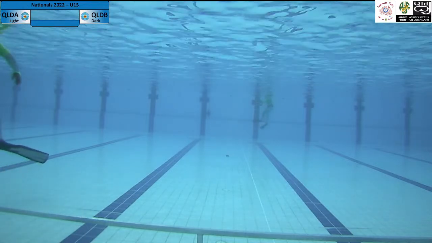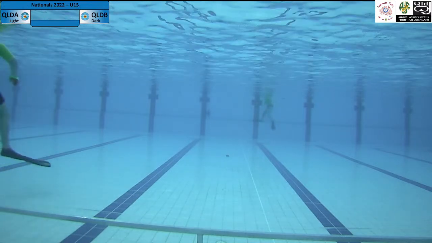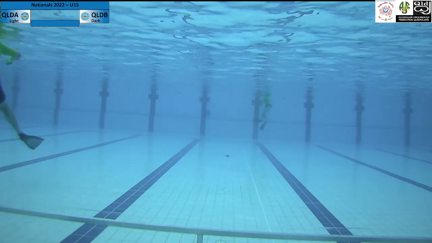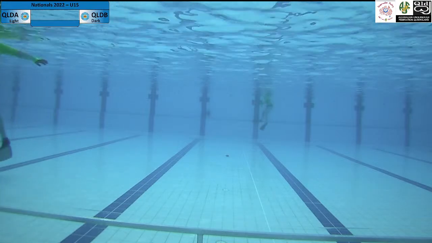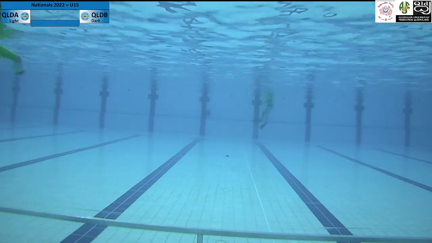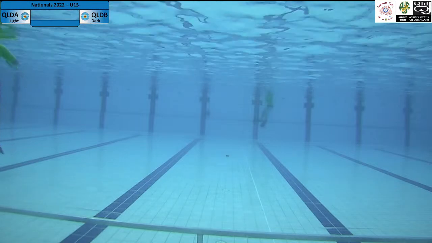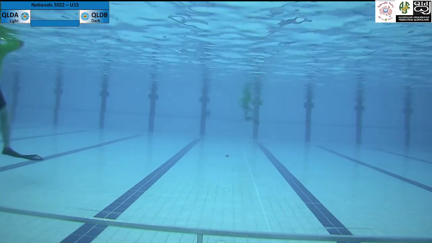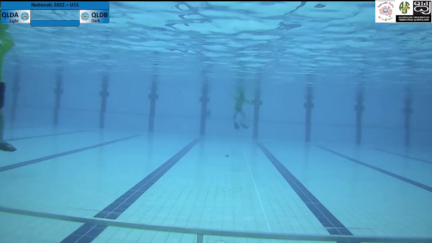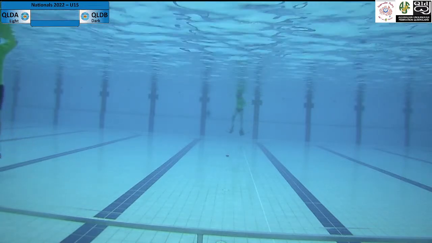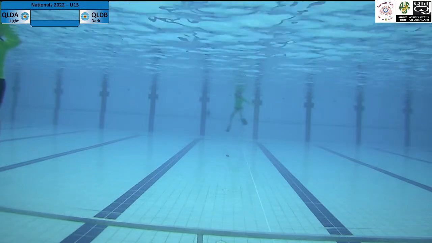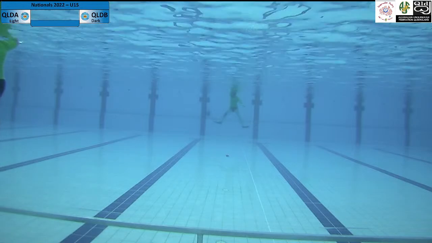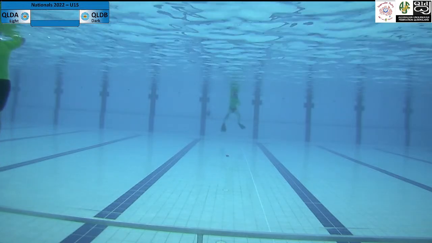So 2-0 now to Queensland B, the black team. I'll have to confirm or deny how these squads were selected, but if you're going to name them A and B, one would assume that the A team had the better players in it. But Rocco, I know he could make the A team, so I'm sure there's a bit of mixing and balancing, and I'm sure there's going to be a bit of banter between the two teams. I'm sure they're all clubmates and good friends, so it's a bit of friendly competition in this game. Maybe some friendships on the line.